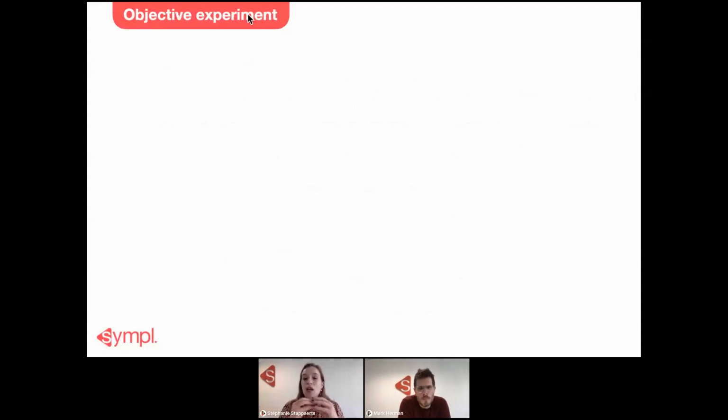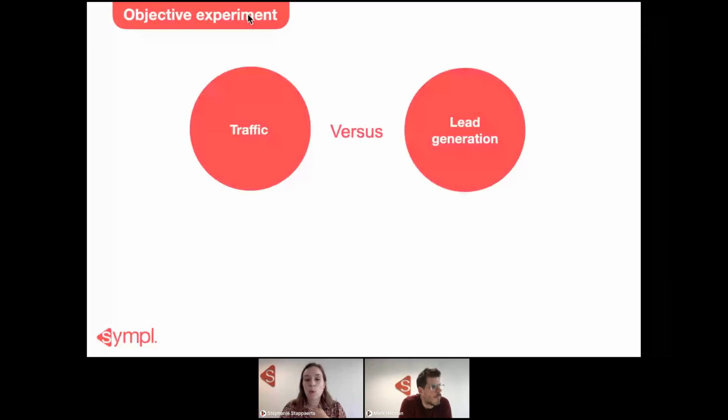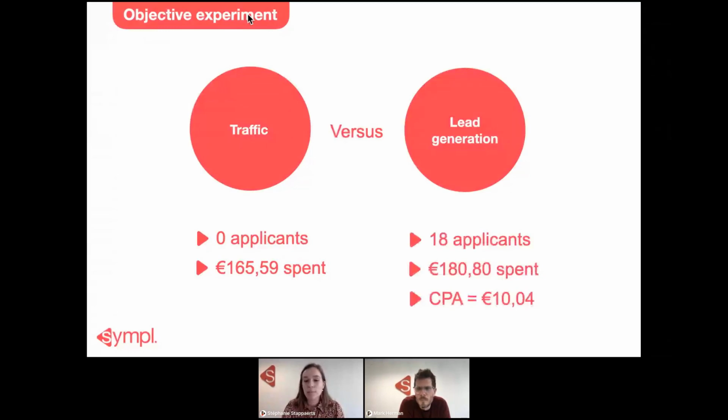To be very clear, we had the same advertisement, the same target audience, but a different objective for that campaign. Once we saw the results, for traffic we spent 165 euros and had 0 applicants, which is of course not really good. But at the same time, we did a lead generation campaign, and there we had 18 applicants.